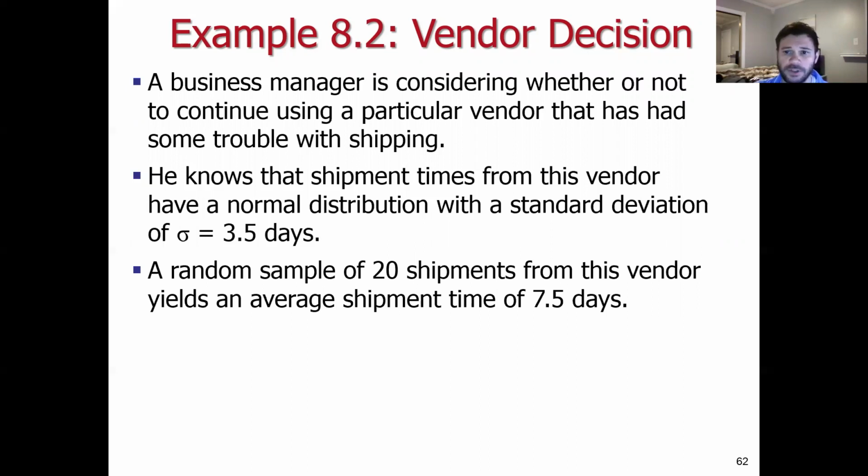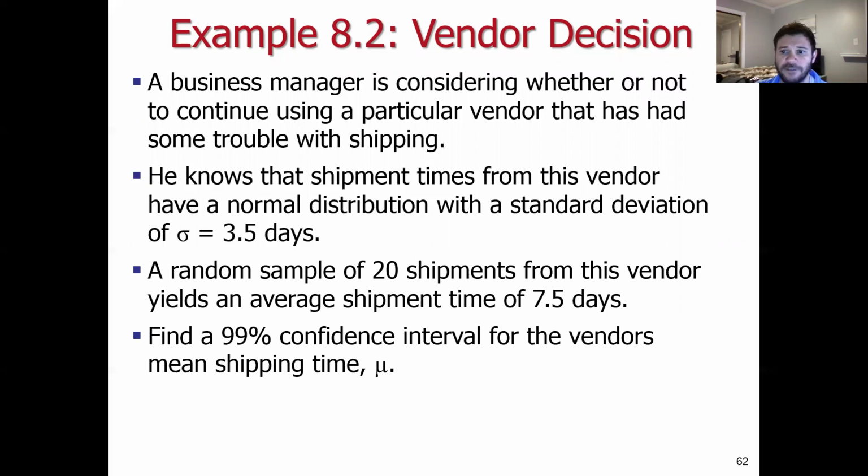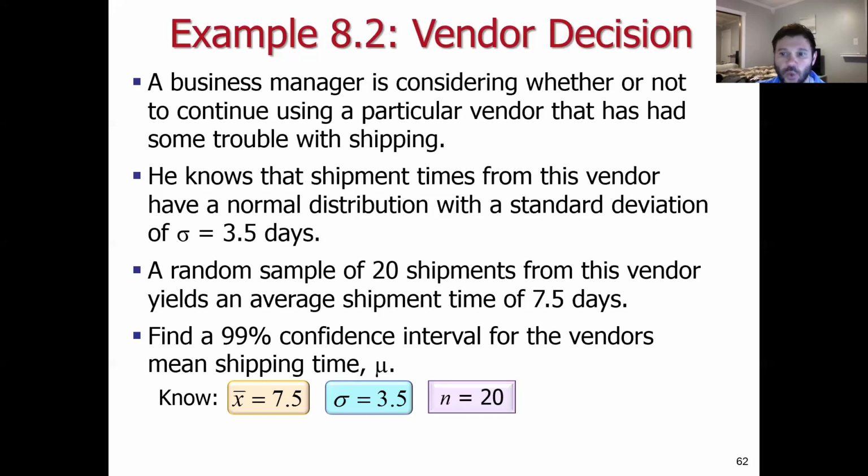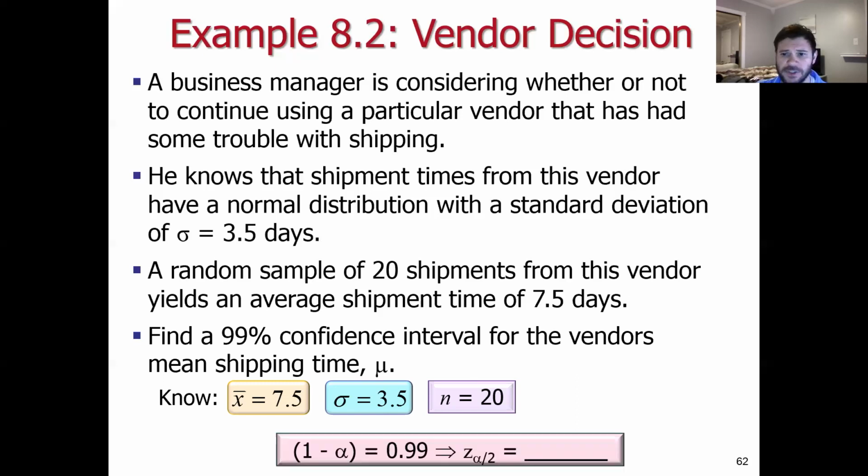What we want to be able to do is construct a 99% confidence interval for the vendor's mean shipping time mu. And here's what we are given. We're given that the sample mean from those 20 observations is 7.5. We're assuming that the population standard deviation is 3.5, and we have a sample of size 20. So at this point, given that we're constructing a 99% confidence interval, we